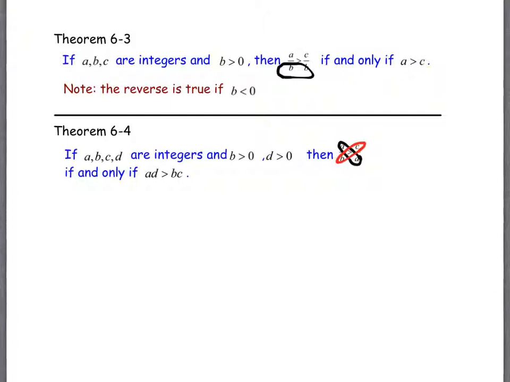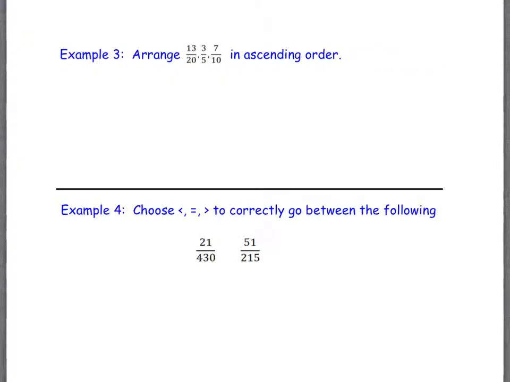So the direction of the inequality is the same if you start with the top left-hand corner and write that one down first, basically. And there's nothing special about putting the greater than sign there. If the less than sign were in any of these, the same thing would follow. You would just have to have the less than sign in both inequalities. Okay? So what we're going to do next is take a look at